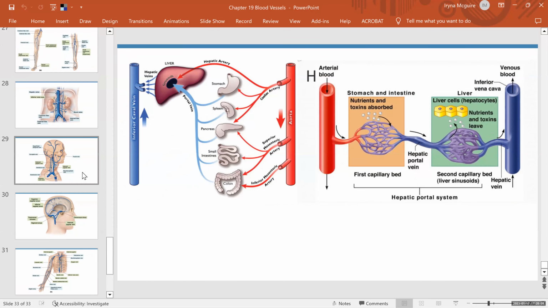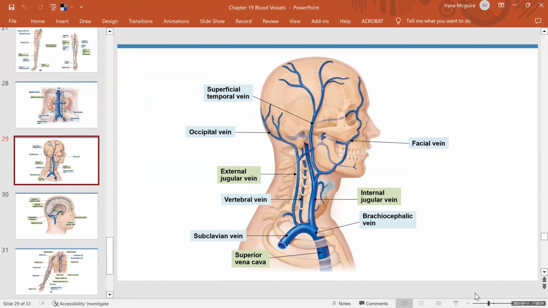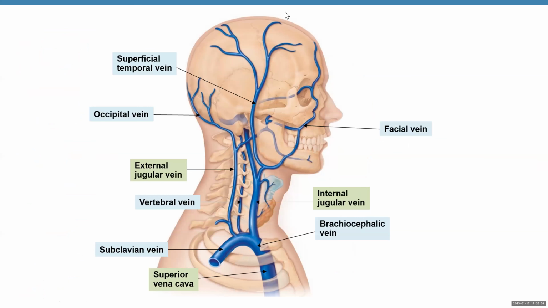Okay. Well, now let's see how we return blood from your head and neck. Right. So we have, again, if it's in the blue, veins and arteries with the same name. So we have the facial vein, we have the superficial temporal vein, occipital vein. We will have